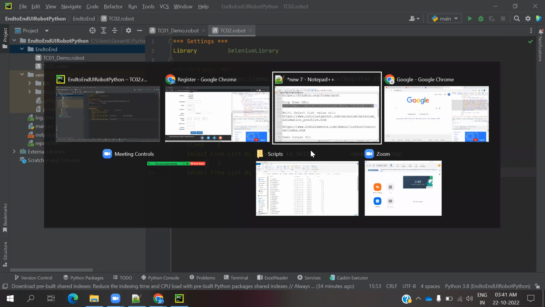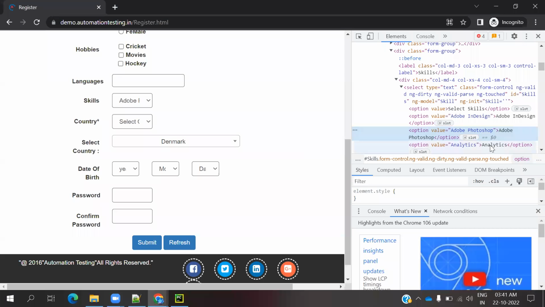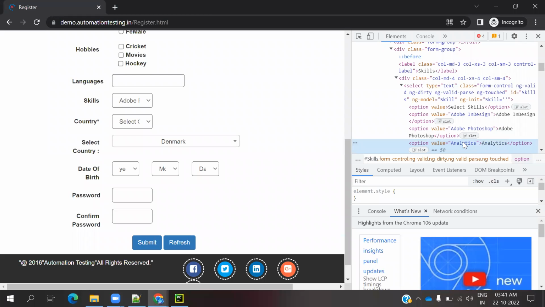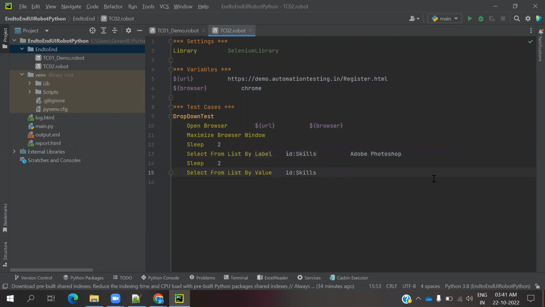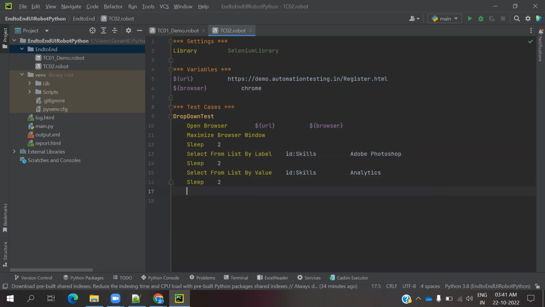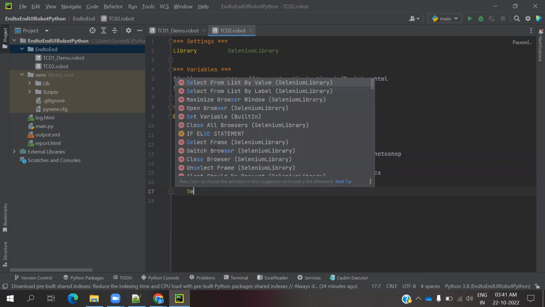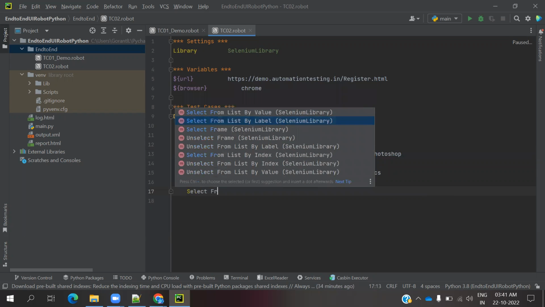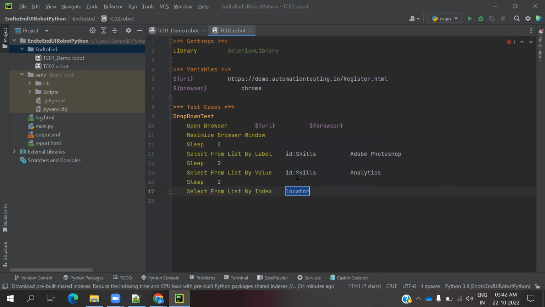Now I need to use some different value. Analytics I'm going to use. The value of the analytics is also the same. I'm using sleep 2 seconds again, and I need to use select by index. I need to use select from list by index position. I need to copy this particular ID and values,